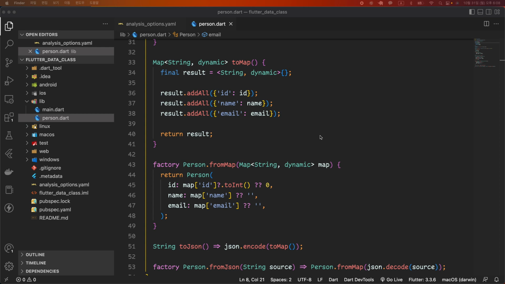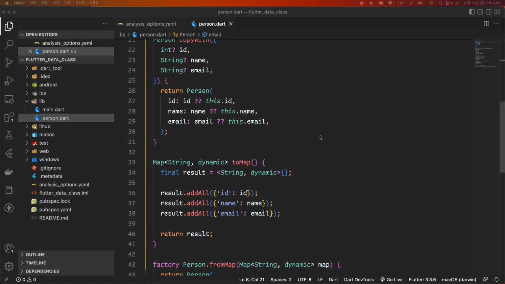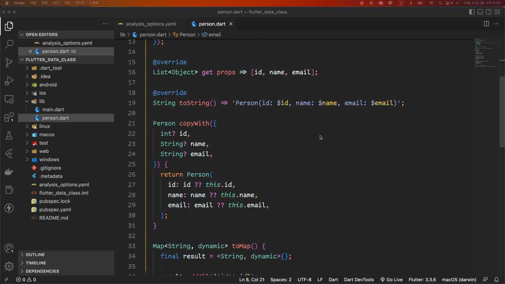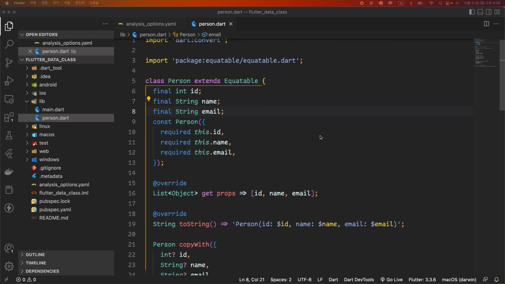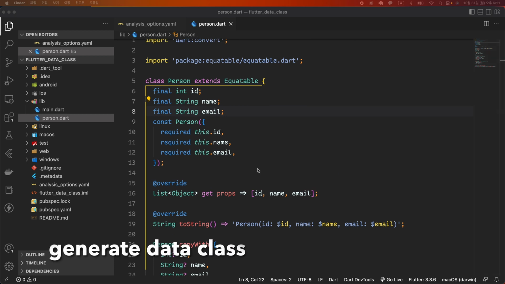However, when we usually create the fromJson function, most of the arguments are map type data, not JSON strings. Actually, the name provided by the .data class generator is a more appropriate name. Later, when I need to serialize JSON using the .data class generator, I will modify the name according to the conventions and use it. The tasks we just did individually can be done at once by running the generate data